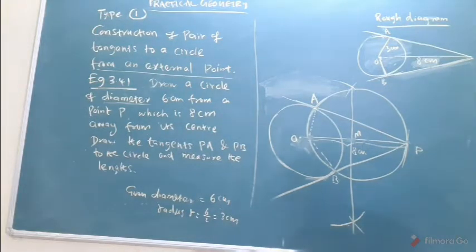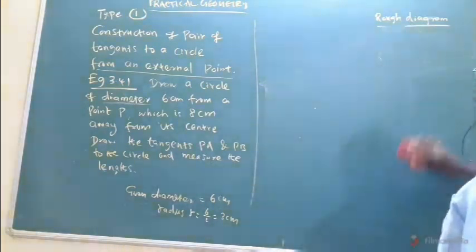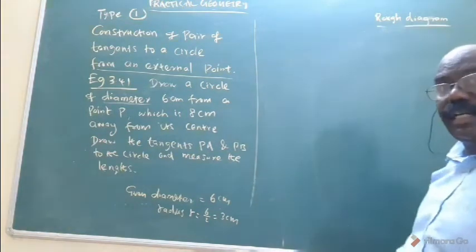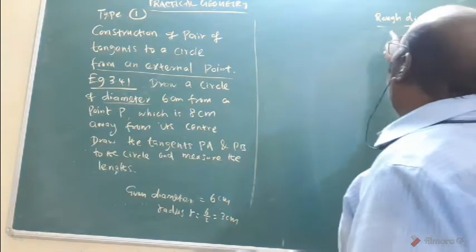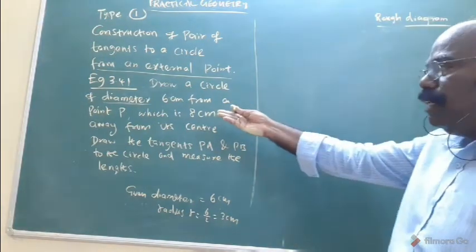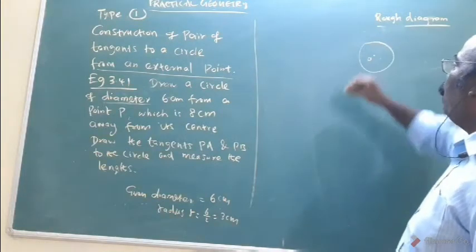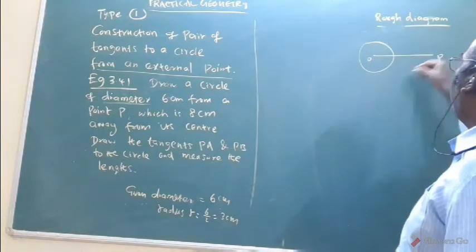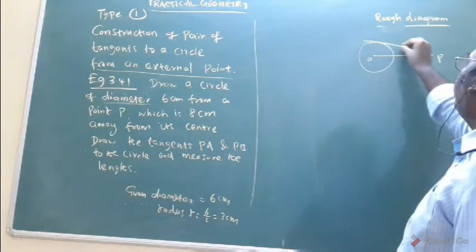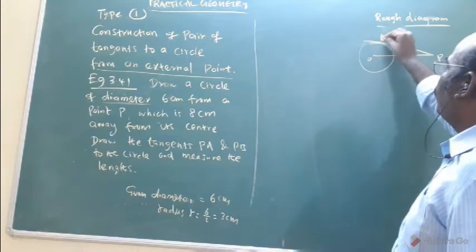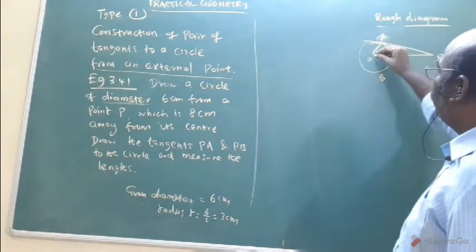One second, I want to explain everything because it is an important 8-mark question. In the quarterly examination, graph is already over. Now geometry, practical geometry. This is the first stage actually. What I told you, rough diagram. One small circle, this will be O. From O to P, 8 centimeters. Am I correct? Rough diagram only. That's why tangent this one, from P to A, here B.